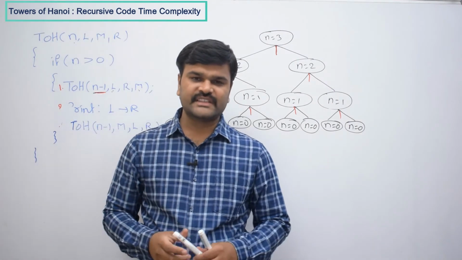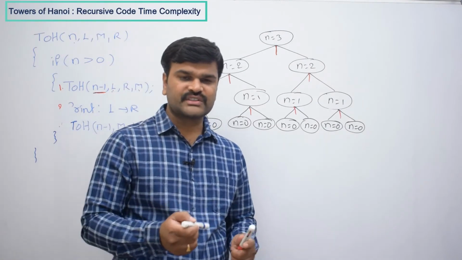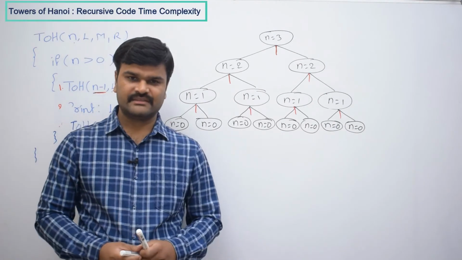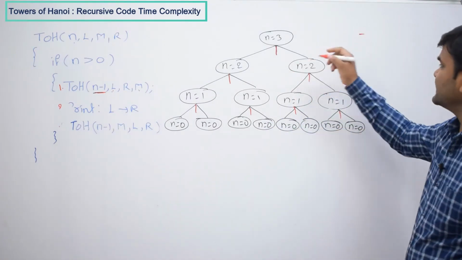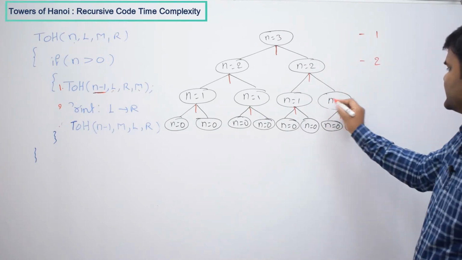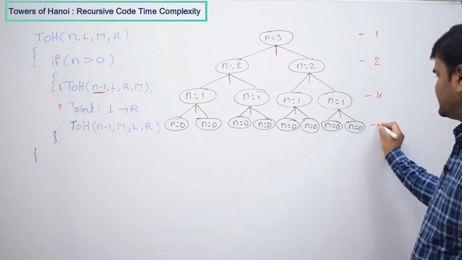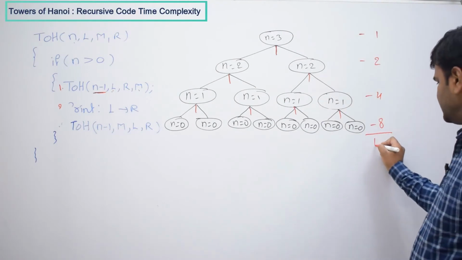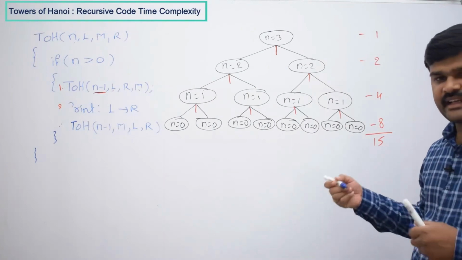So now if you observe, this is actually a binary tree. So in each level how many nodes are there? So the total number of nodes will become the total function calls, right? So here in the first level how many function calls are there? 1 function call. In the second level 2. In the third level 1, 2, 3, 4 function calls. In the fourth level a total of 8 function calls are there. So this total will become 15. So how can you derive this? How can you analyze this one?